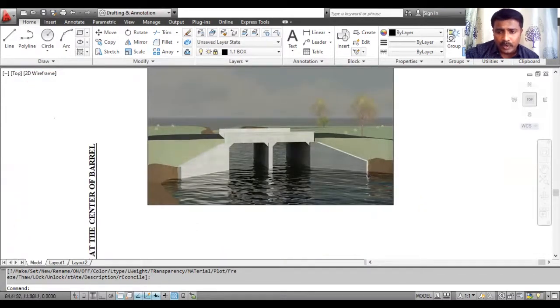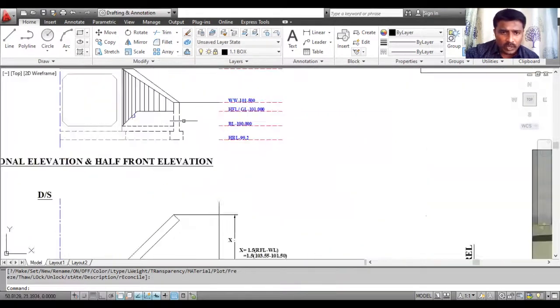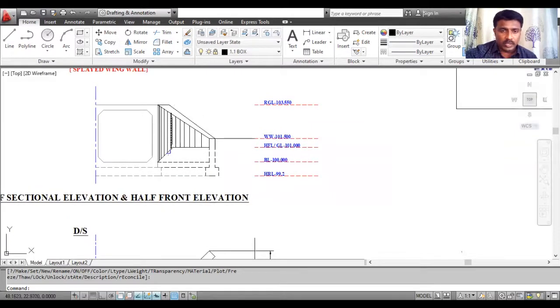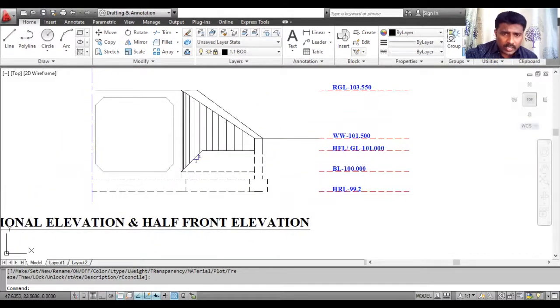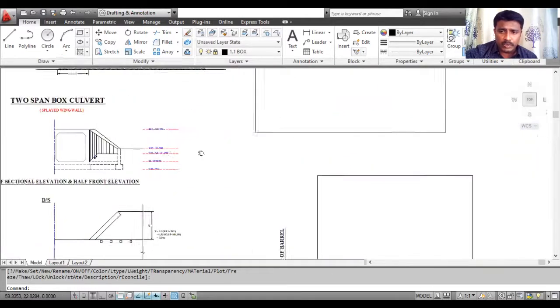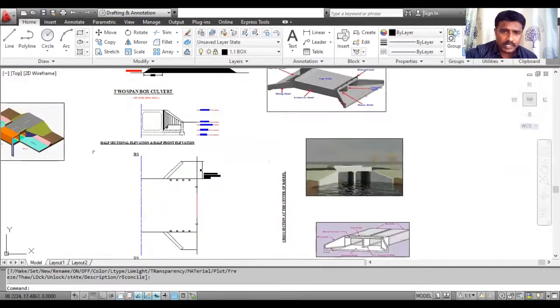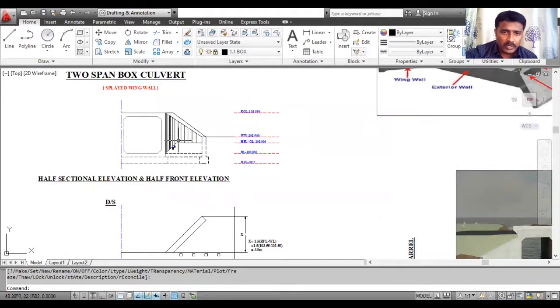ಸೊ ಬಿಲೋ the ground level ಏನಿರುತ್ತೆ, that should be in dotted lines. So I am showing like this. And also you have to show the concrete offset. So this is the procedure to draw the wing walls, and also you have to show the slope of the wing wall. If you observe the front, the slope is in this direction, that's why I am showing the slope. So ಈ ತರ slope ನ ತೋರಿಸಿದೀವಿ.